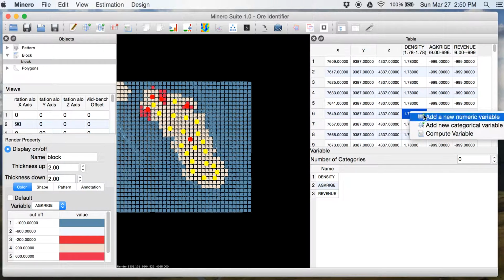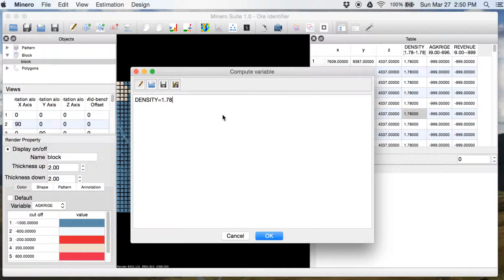Also, I can set up revenue. I'll predefine 2 variables, price equal to 20, let's say, and cost equal to 15. Here we're going to use some syntax for revenue.